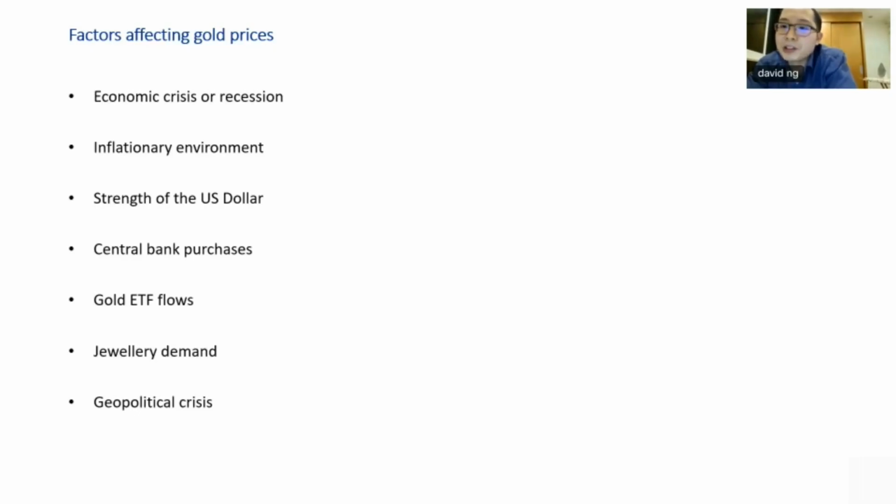The strength of the US dollar is something for us to really watch out for whenever you are trading the gold market. Now, besides that, gold is similar to the other commodities as well. Whenever we talk about commodities, it's always back to basic economics, whereby whenever you have a low supply, high demand, normally prices will rise. Gold in that sense still remains very valid when we look at the supply and